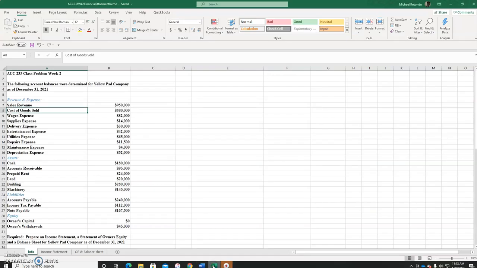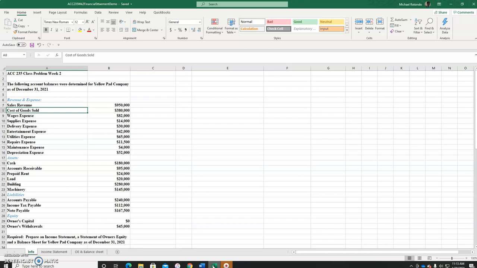So, to follow up on our discussion on financial statements, we looked at the Yellow Pad Company, and we can see that we have a number of accounts here: revenues and expenses, we have assets, liabilities, and equity. Okay, and we talked about this during class and on the previous recording about these different accounts and what they